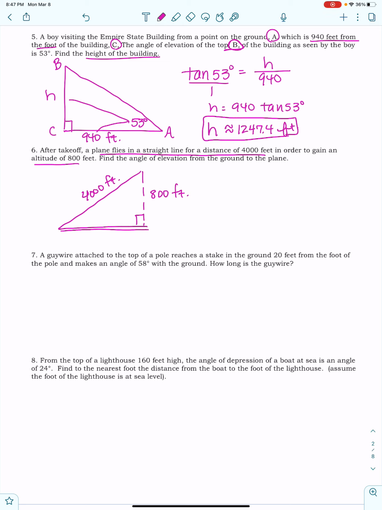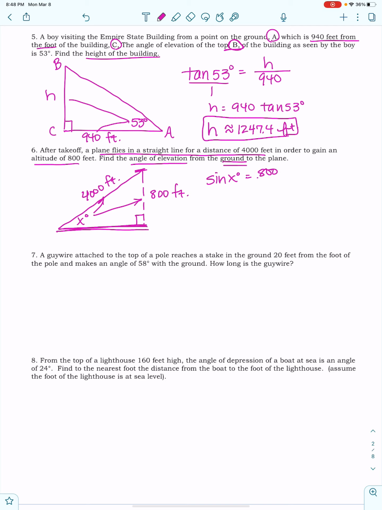All right, we are finding the angle of elevation from the ground, that's right here, to the plane. The plane is right up here. So we are looking for the angle of elevation that the ground and the airplane would make. All right, so I am going to look at the relationship of x. I've got opposite and hypotenuse here. So I want the sine of x